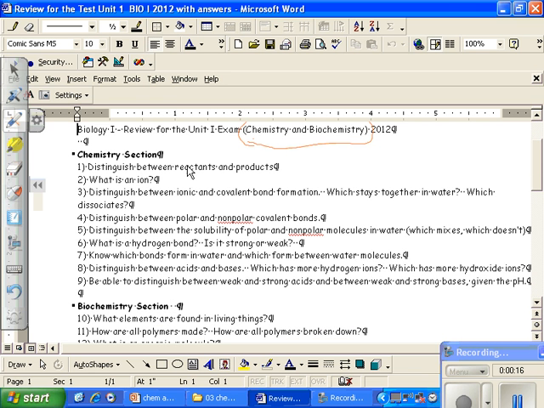Okay, chemistry section. Distinguish between reactants and products. Okay, so when you have a chemical reaction,